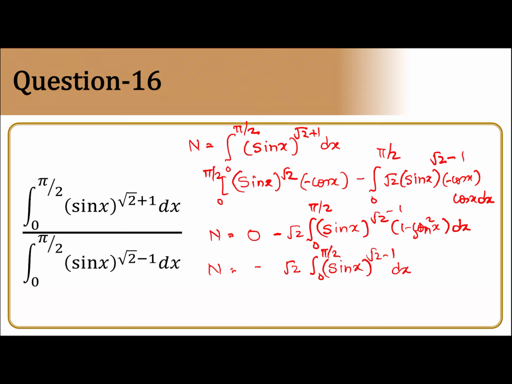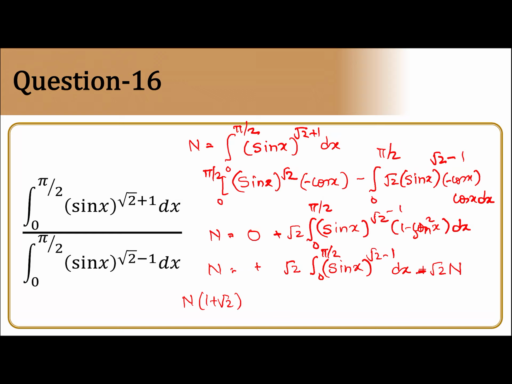Let me check some mistake we have done. This is sin x is correct, minus cos x integral will come, sin x will come, minus already there, sorry, minus minus becomes plus here. This is plus here. Because cos square x is there, minus minus becomes plus, 1 minus sin square x. So this is root 2 minus 1 plus, this is minus root 2 of numerator will come. So numerator 1 plus root 2.